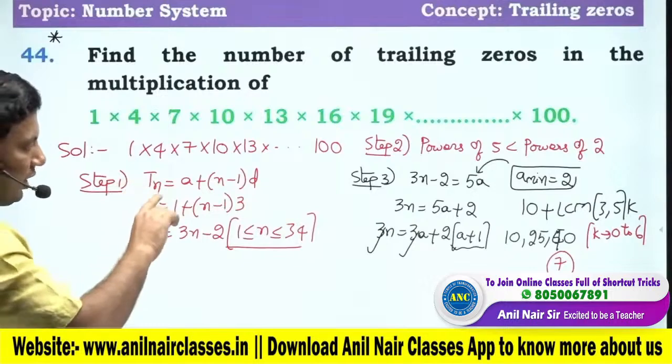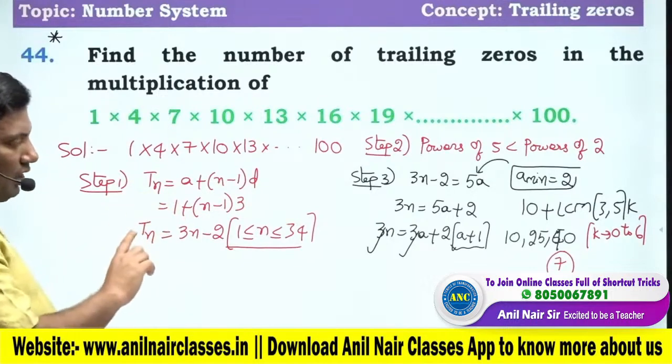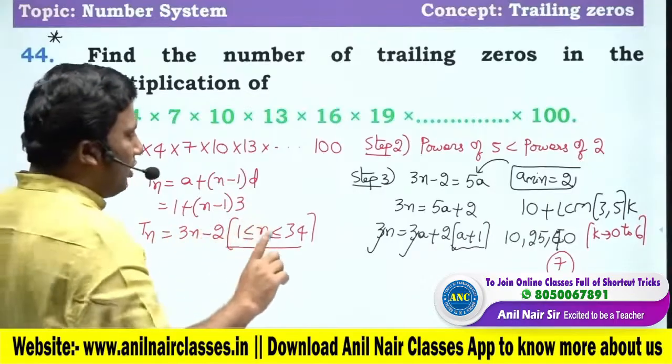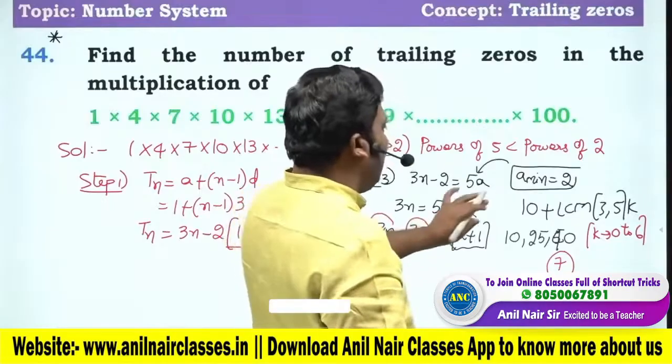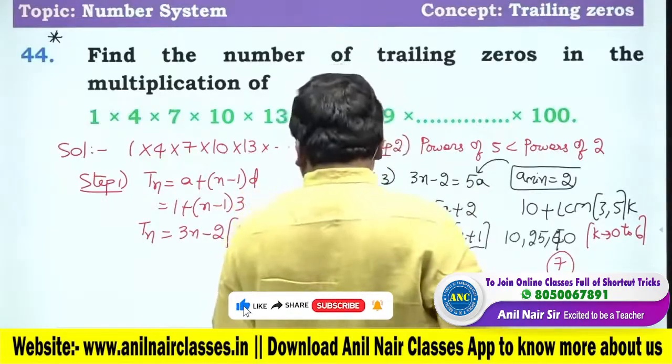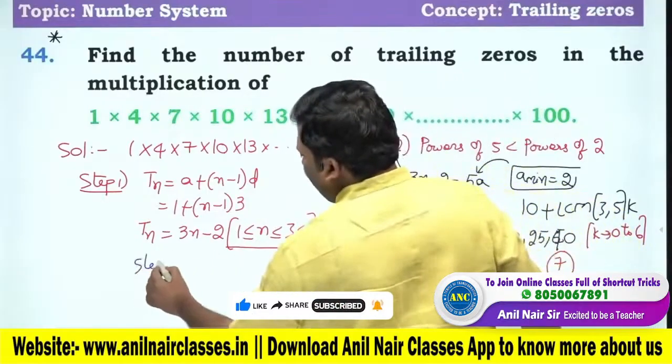At the end, 3n minus 2 equivalent to 5a, 3n equivalent to 5a plus 2, 3n equivalent to 3a plus 2 into a plus 1. It is divisible by 3, a minimum it is 2. What is step number 4? Step number 4 will be